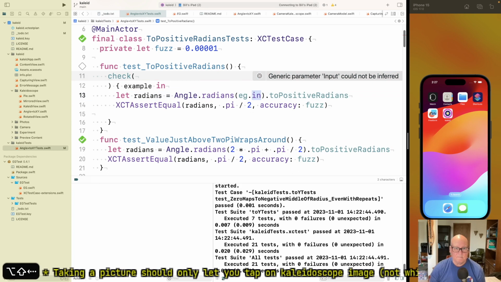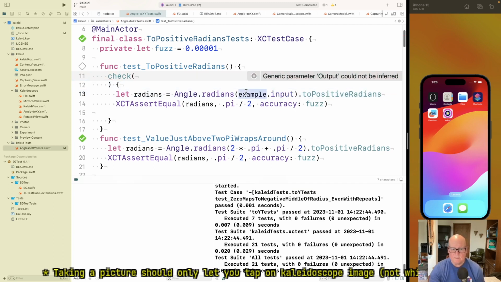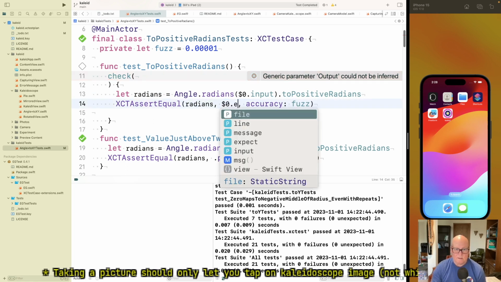Example dot input. Actually, you know, I just do $0 when it's simple. Okay. And then the output is, that's still radians, but this is $0 dot expect